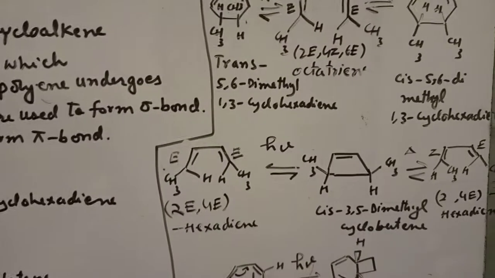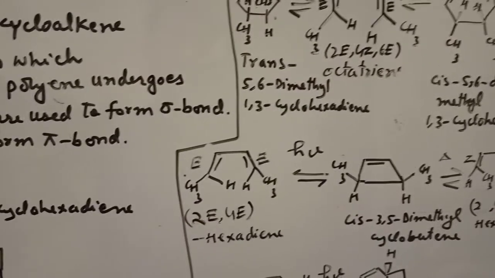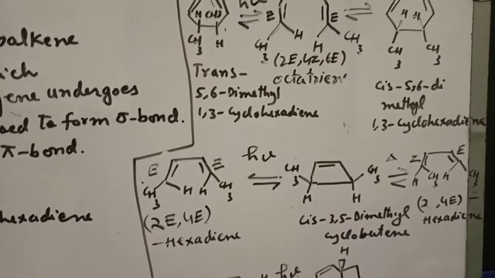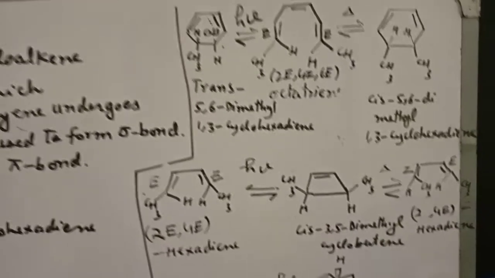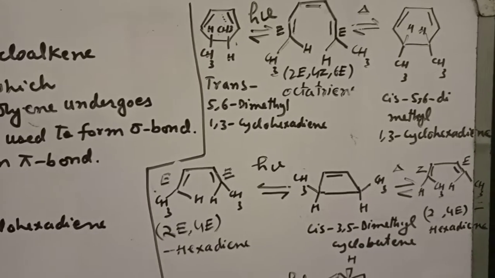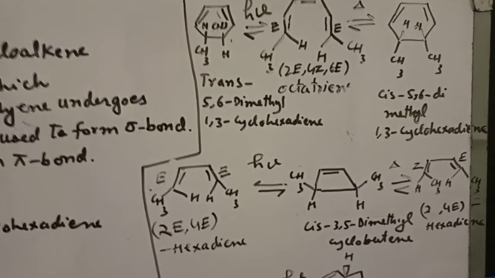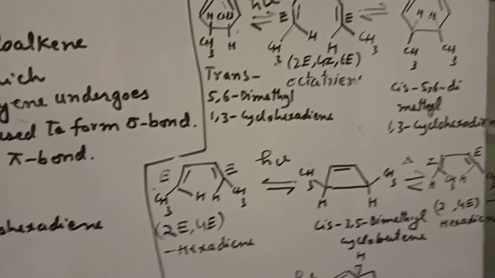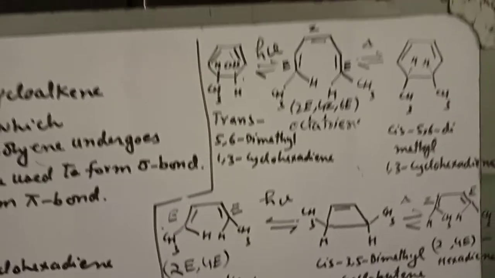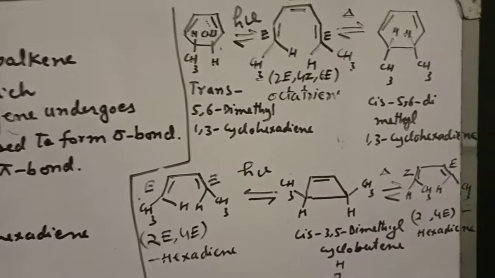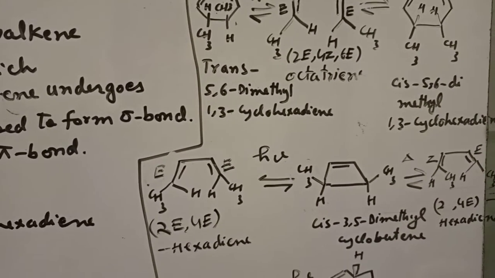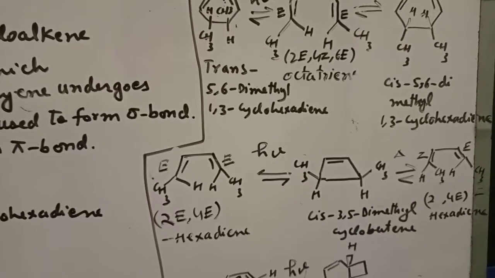This is trans-5,6-dimethyl-1,3-cyclohexadiene. Upon heating, the ring opening reaction occurs. Basically, this product is 2E, 4Z and 6E. If we observe this product,